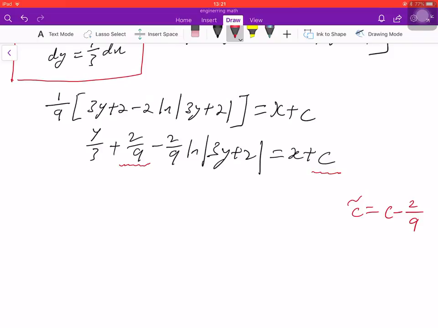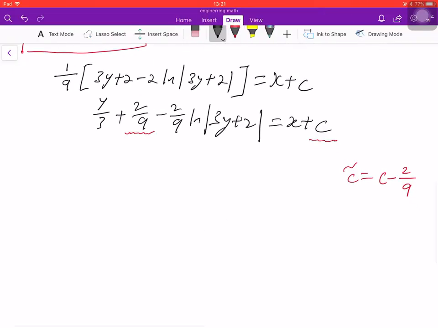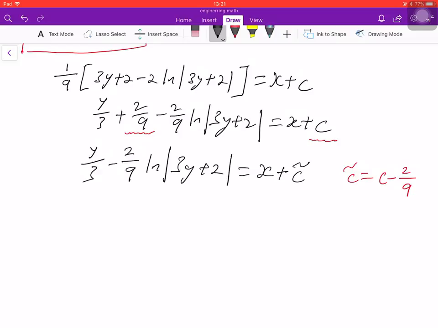Okay, so we rearrange this equation, then we have y divided by 3 minus 2/9 natural log of 3y plus 2, and this must be equal to x plus c bar. So this is our